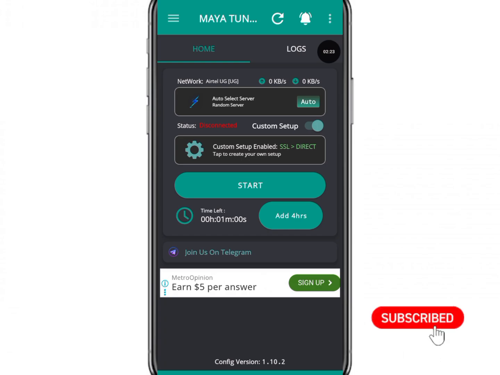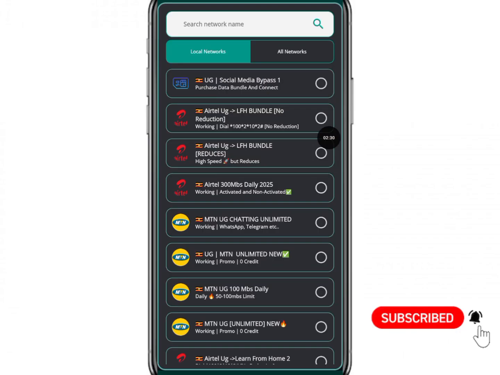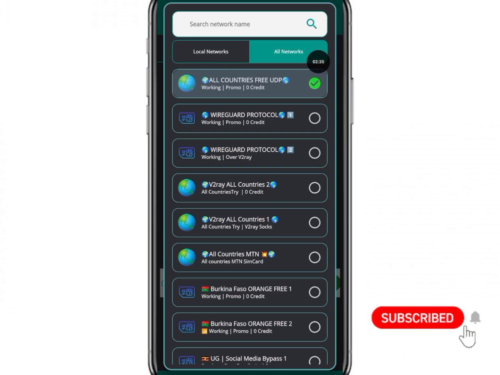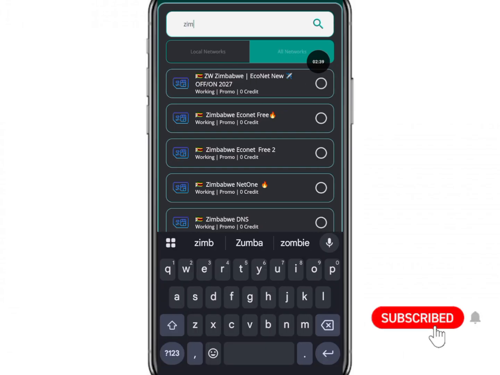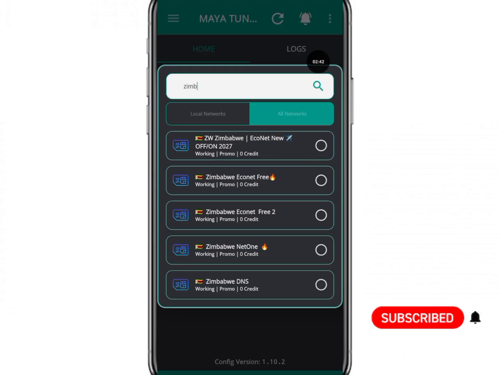Alternatively, you can close the custom setup, and you're going to go where you see all countries UDP, and in this case, we're going to go where you see all networks, and then once you reach all networks, you're going to go and search Zimbabwe like this. By searching Zimbabwe, you're going to see these servers right here. They're all for Econet and Net1, but I can request you to connect to the first server, this one,